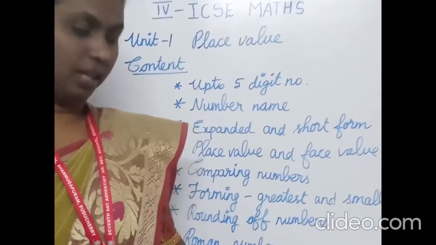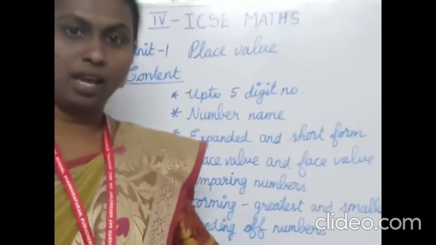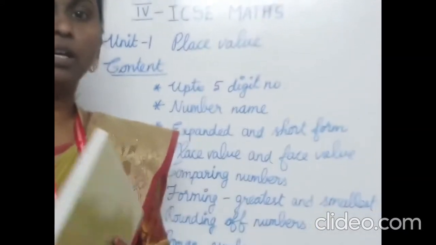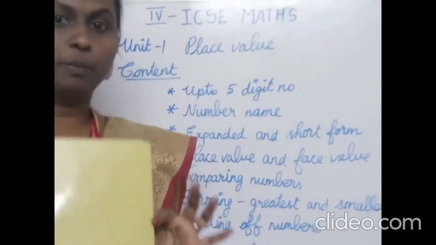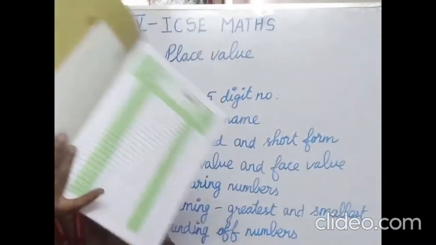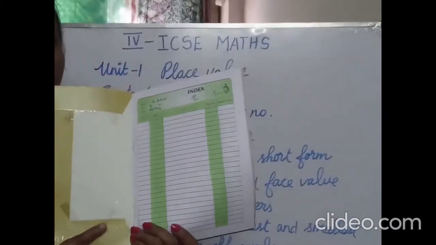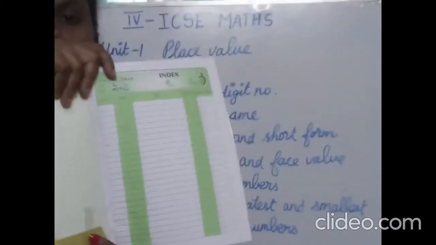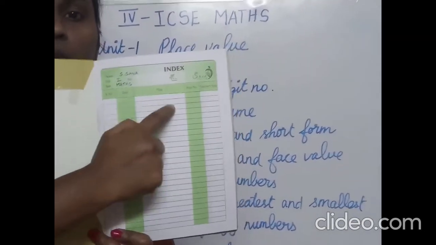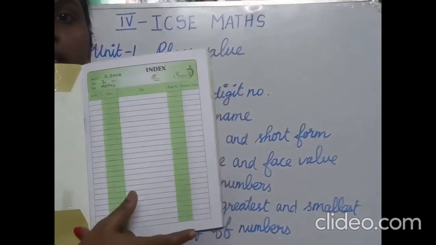Since we are going to start our classwork writing, I hope that all of you have your classwork in your hand. So take your classwork. First you have to put the cover. So cover it and see the index page. Index first, write your name, then start Roman numeral 1 and unit 1 with a date.